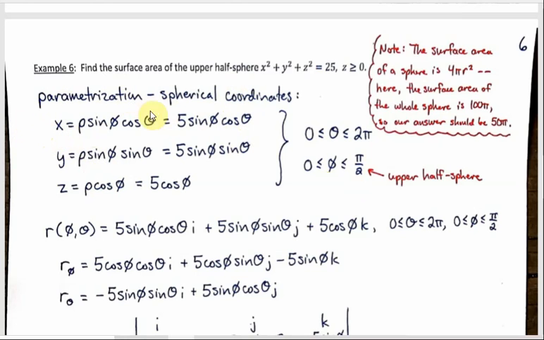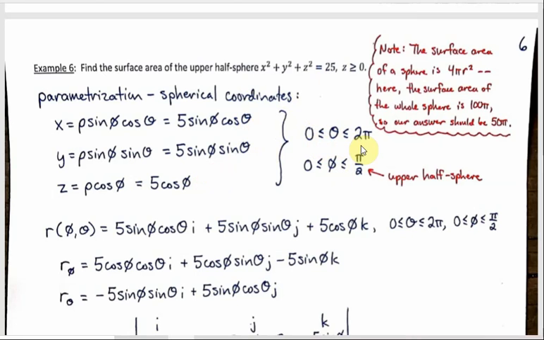And we know what rho is. It's 5 because of this, right? You go, yeah, that's rho squared right there. So, all right, well then we can write those out in terms of phi and theta. So there's a parameterization. We just need the limits or the range of values for phi and theta, or I guess theta and phi. So theta, we've got to go all the way around that upper half sphere, so 0